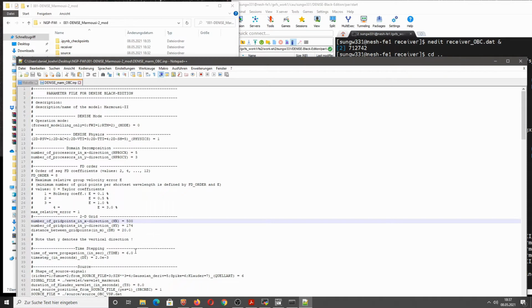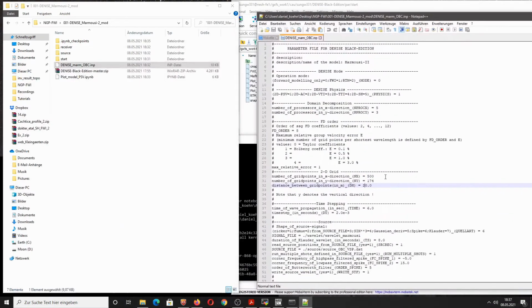So nx and ny are the number of grid points in x and y direction of the Cartesian grid, and dh is the spatial discretization of the grid, so the spatial grid point distance of two adjacent spatial grid points.